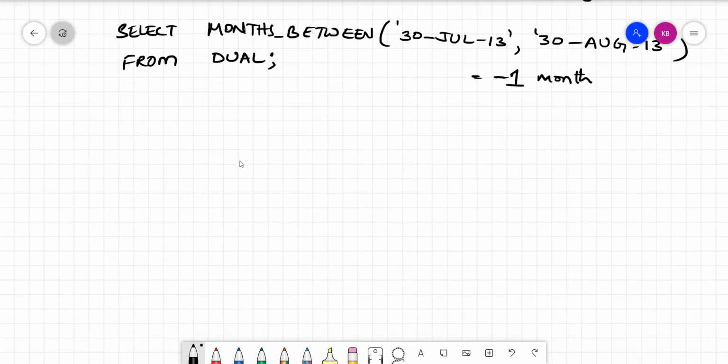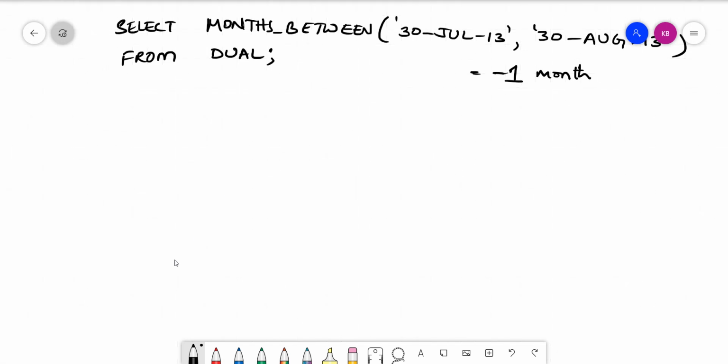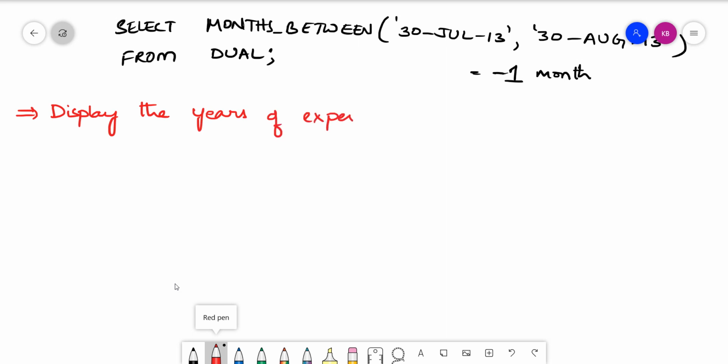Okay, so let us try to write a query for this. In which situations can we use months_between? Suppose we have a query like this: display the years of experience of all employees.